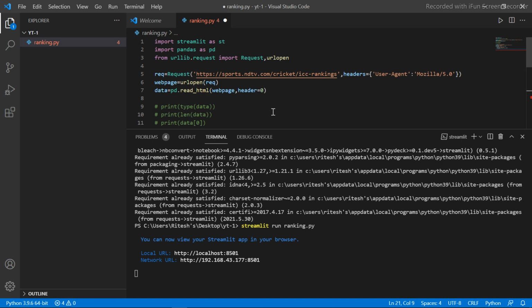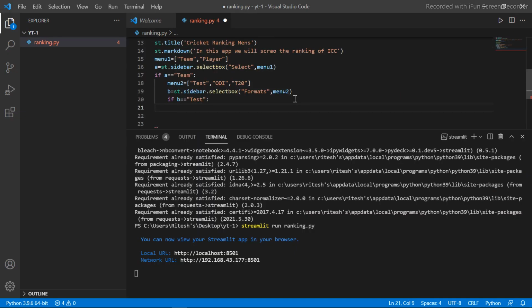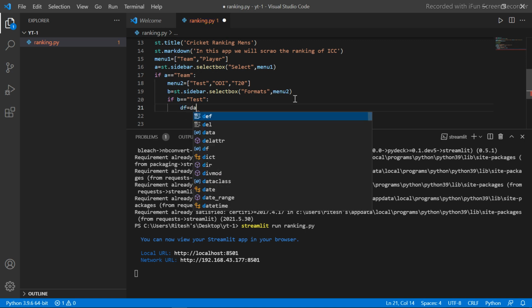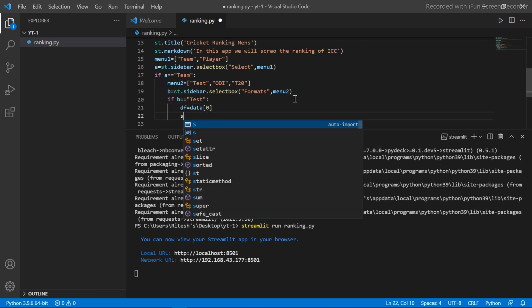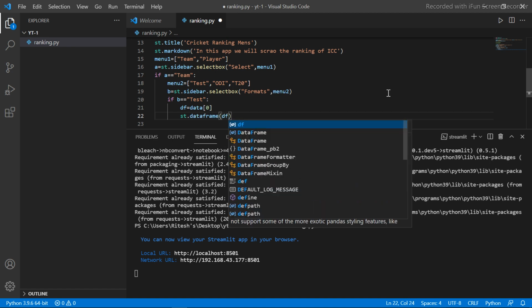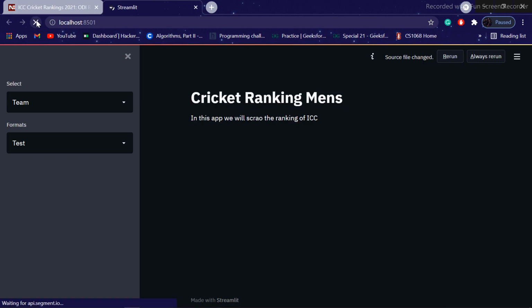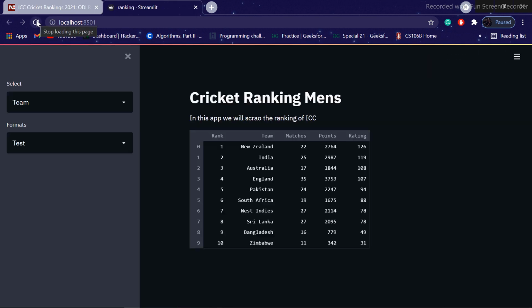Every table is stored in data, and our test ranking team is stored in the first element, so we can simply make df is equal to data[0] and st.dataframe(df). Now we can see that the ranking is coming for Test.